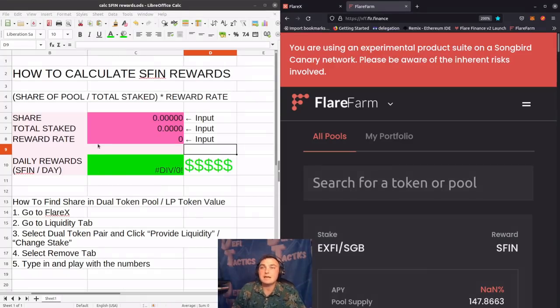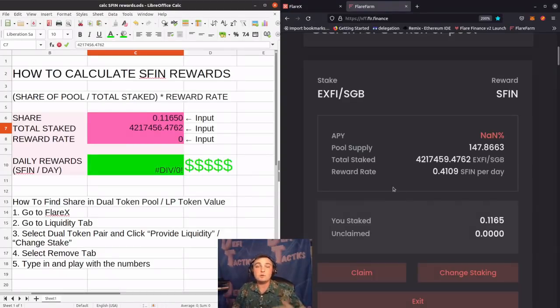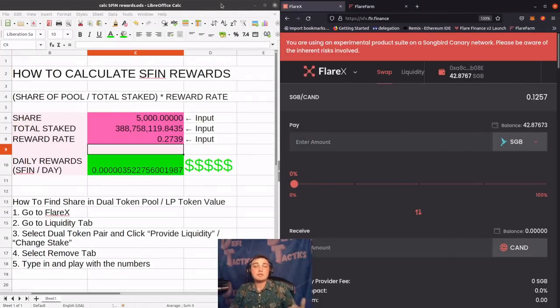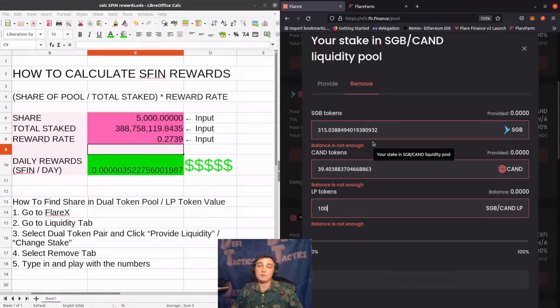So on the left-hand side, you can see I've got this spreadsheet listed how to calculate, and then, because it's a dual token liquidity pool, farm pool, I made this calculator spreadsheet. So in order to find our share of individual tokens, if we were in the, say, Songbird EXFI pool, we would need to present